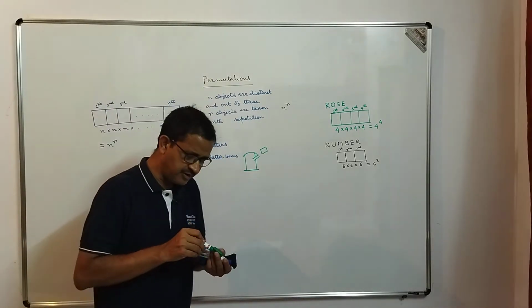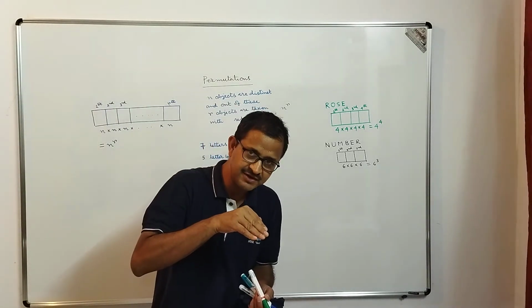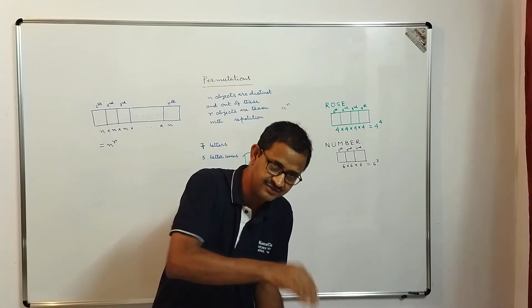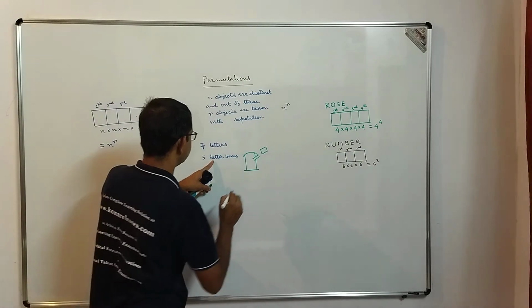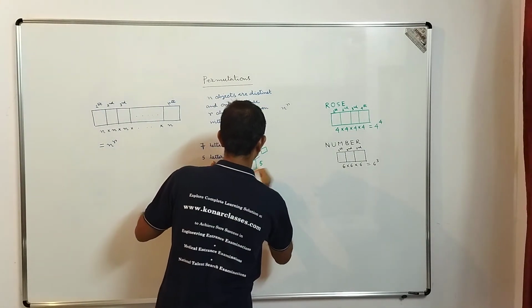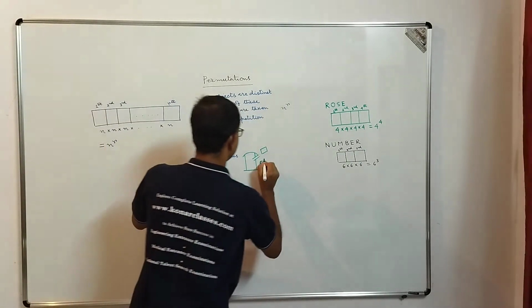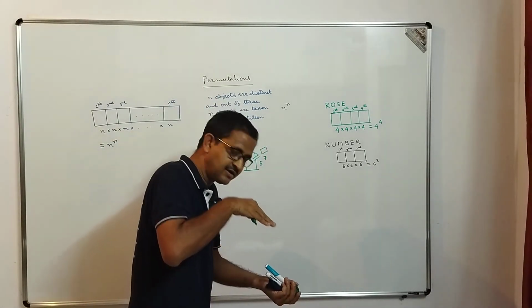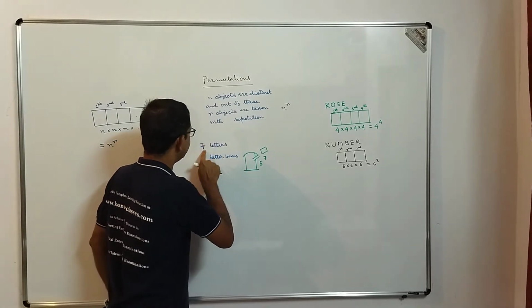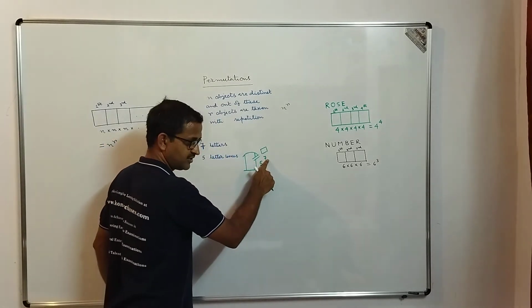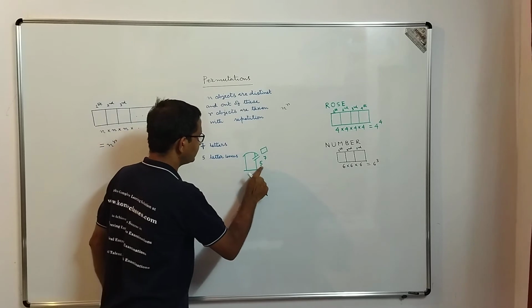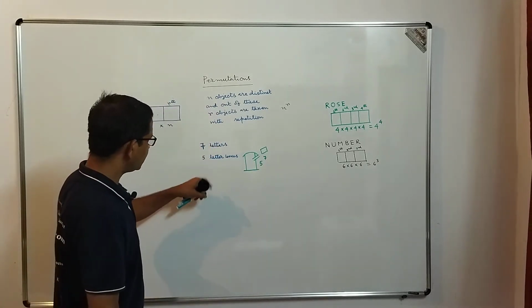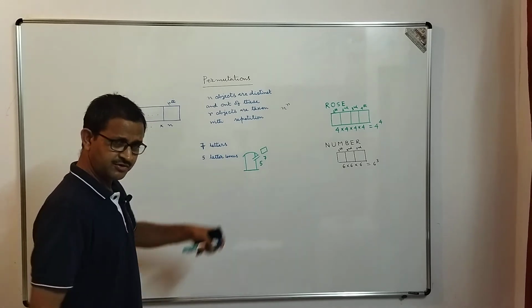So when you put a letter into the letter box, the letter box is at the bottom, and you put the letter in something like this. So how many letter boxes? There are 5 letter boxes. And how many letters? There are 7 letters. Because the letter box is at the bottom, as I was saying, and the letter is on top. So you put the 7 letters on top, that is the power, and the 5 letter boxes as the base, that is 5 to the power 7, correct? Now it is easy to remember.